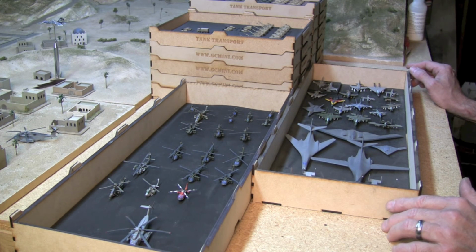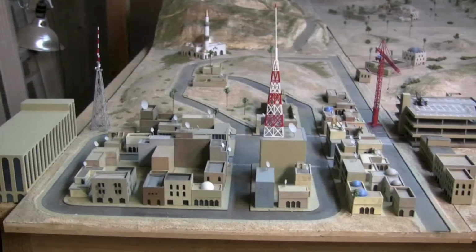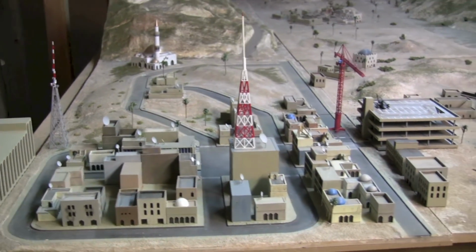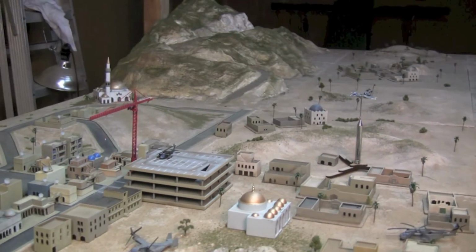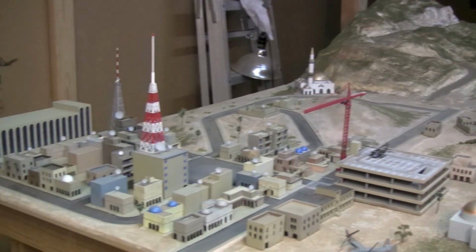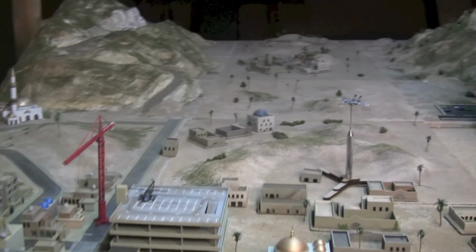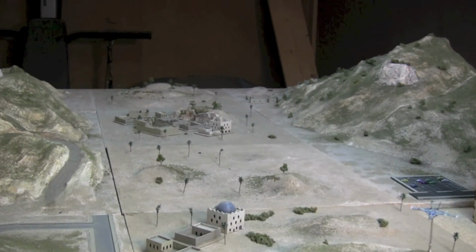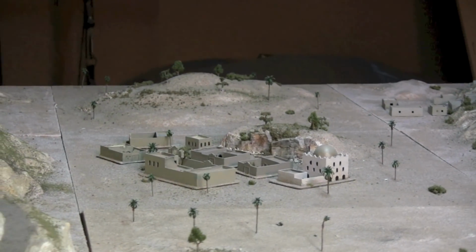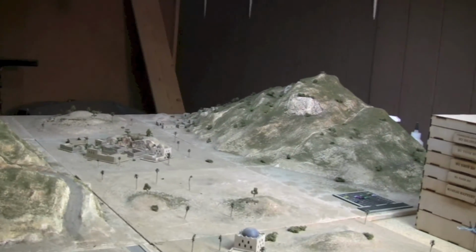I'll take just 1 second and pan over and show some of the game boards, and then we'll call it quits for this video. Alright, well, real quickly before we go inside, I'll just show you a few of my gaming boards here. This is the town area, still under development. It's coming along nicely. And then the sort of the valley, the desert area out here with a little village out there in the middle. Those buildings are just sitting there, they're not glued on or anything, so they can be rearranged any way I want. And then one of the big mountains that's in